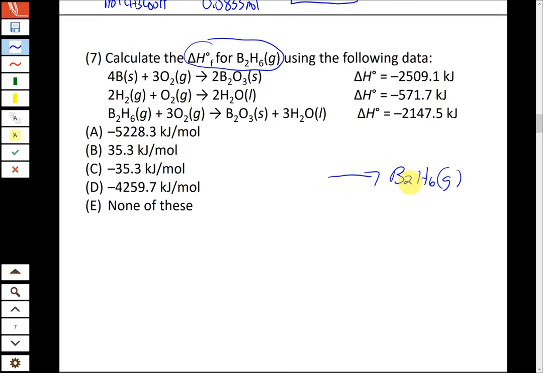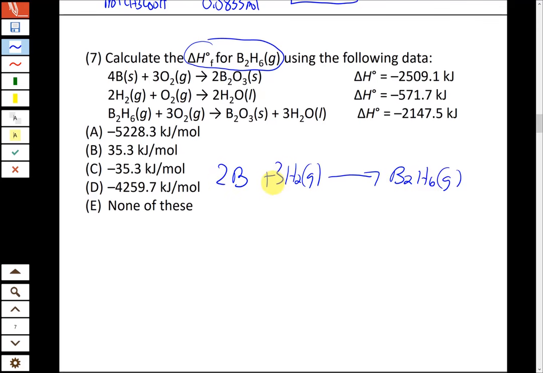So the two elements that make this up are boron and hydrogen. Boron as an element is just B. But then hydrogen, what we have to remember is the standard state for hydrogen is not just H, it's H2 as a gas. So that's the important thing to remember for standard states. And then we have to balance this out. We leave the coefficient on the right side as 1, and that puts us at a 2 there and a